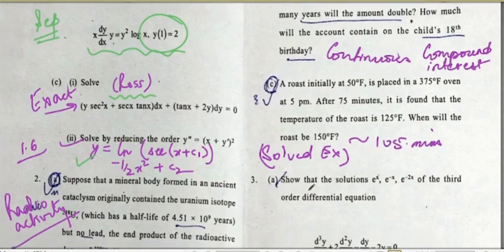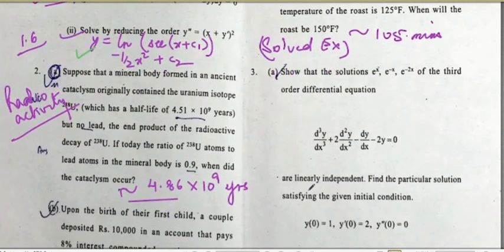Moving on to the third question, which comes from unit 2. I told you in the previous video also that the format of the paper is that the first 2 questions come from unit 1, the third and fourth questions of the paper come from unit 2, and the 5th and 6th questions of the paper come from unit 3. So that's the standard format which is being used in this paper also.